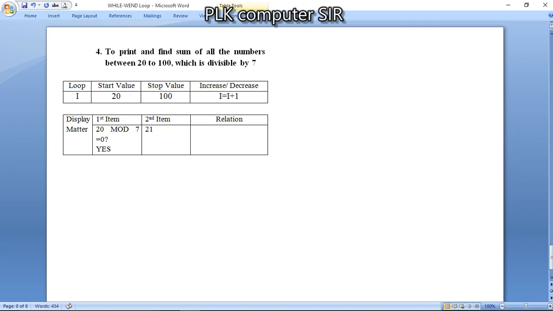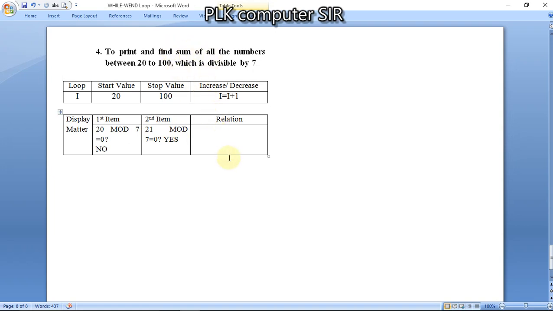Similarly, the next time, 21 mod 7 equal to 0. Is the condition correct? Yes. But for 20 the condition is no, because 20 is not divisible by 7 directly. So 21 will be printed. We have to find the sum also.